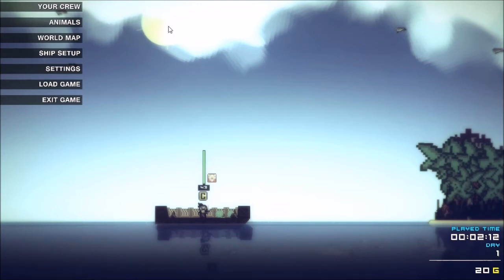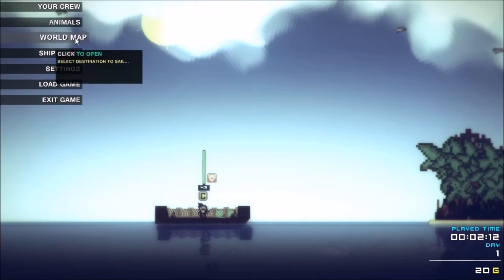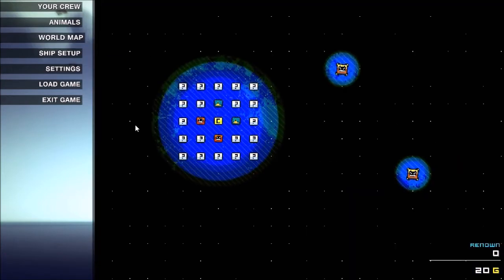Let's get to sailing. In order to sail, and it took me forever to figure this out because their tutorial sucks. Their tutorial really, really stinks. They did not do a good job with the tutorial, and this is in, I believe, pre-alpha state, so it's not done. They're still working on the game. But their tutorial were a number of pictures that just barely explained it, and I was left then for myself to figure it out. How you sail is you click on the world map,